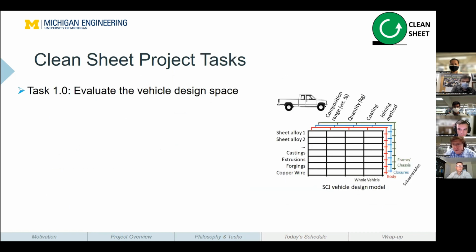And so that philosophy is driving our 5 project tasks. So I'll just go over them at a very high level. Our first task is to be able to evaluate the vehicle design space. So can we abstract, obviously a very complex vehicle design, into a recycling pertinent model, where we can essentially understand